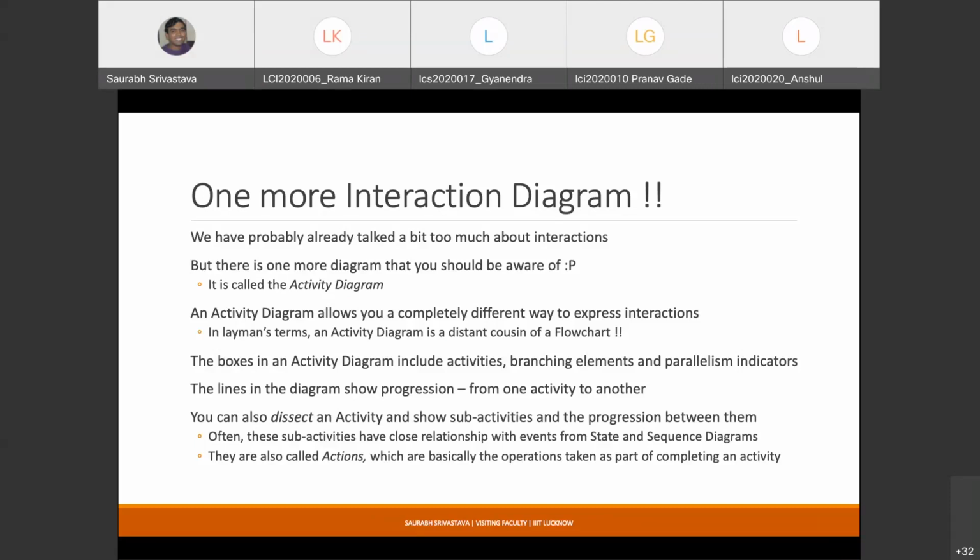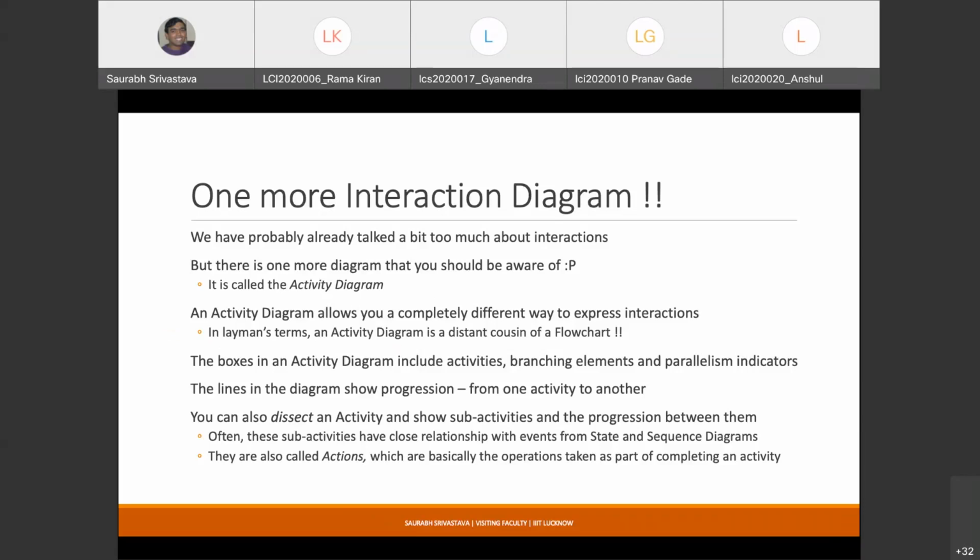Similarly, the sequence diagram too is in some ways about the objects. You are trying to show how the objects interact with each other. The activity diagram is a completely different scenario. It's a completely different type of diagram. This is used when you want to showcase your system more as a composition of operations rather than a composition of different types of objects. In fact, activity diagrams are useful even when you are not using object oriented design. These diagrams can be used even if your system is not really object oriented.